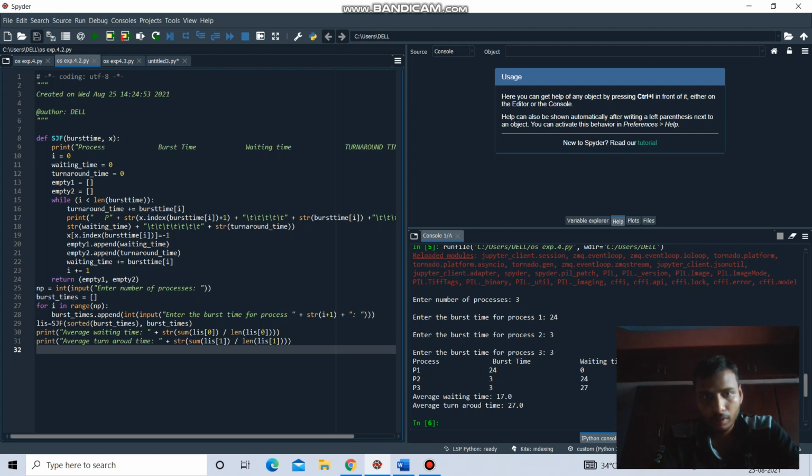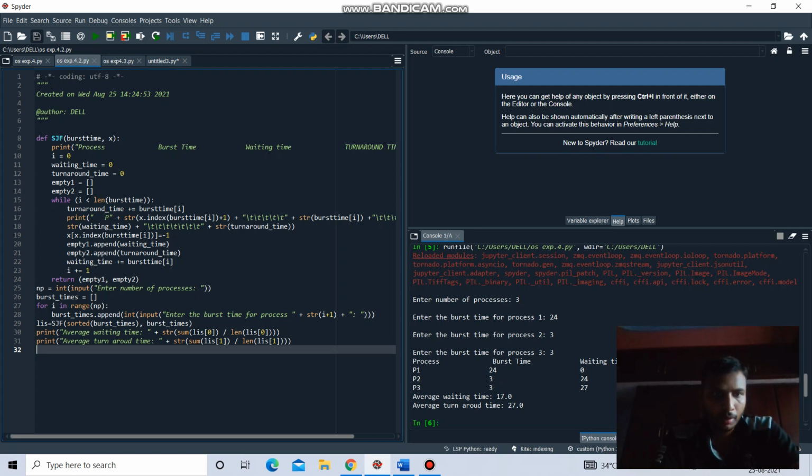Then i plus 1, and again you have to take string waiting time and string turnaround time. Then sorted burst time. Then empty1 append waiting time, empty2 append turnaround time, and after that waiting time plus equal to burst time of i,